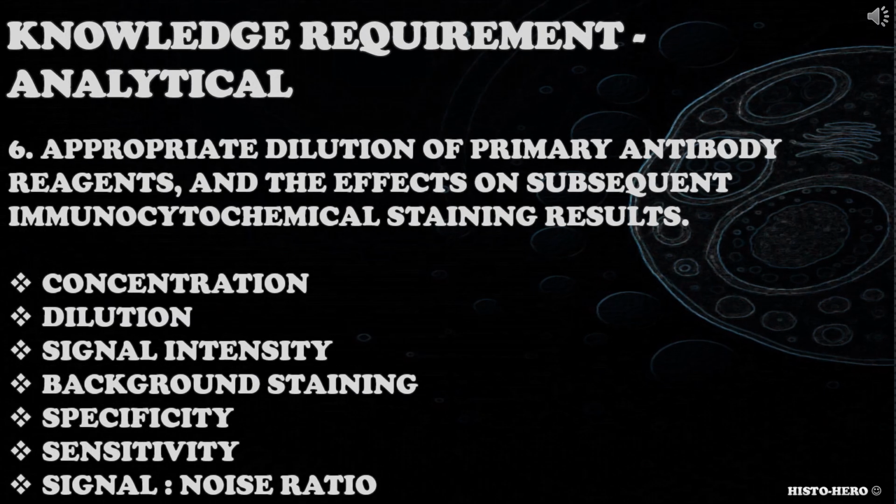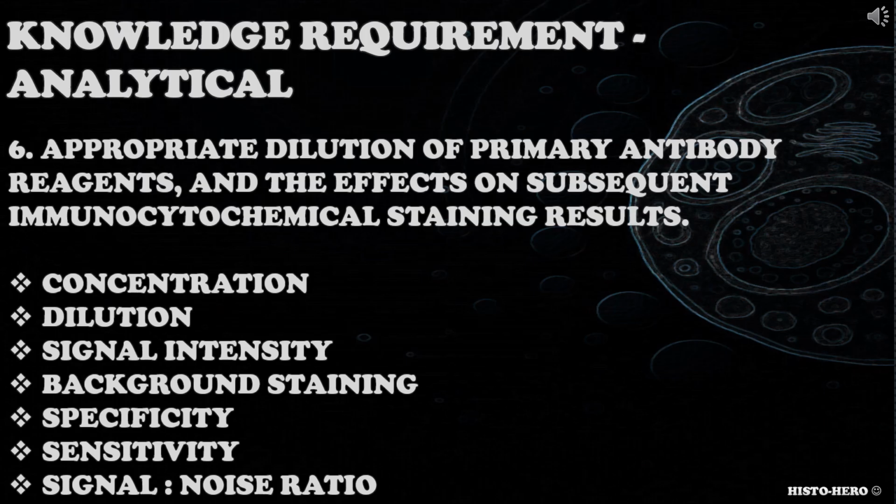The sixth knowledge requirement is for you to know the appropriate dilution of primary antibody reagents, and the effects on subsequent immunocytochemical staining results. What is primary antibody? Why is dilution of primary antibody important? How does primary antibody concentration affect the IHC staining? Consider concentration, signal intensity, background staining,